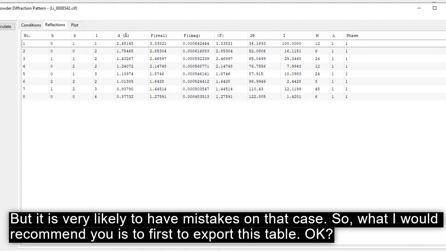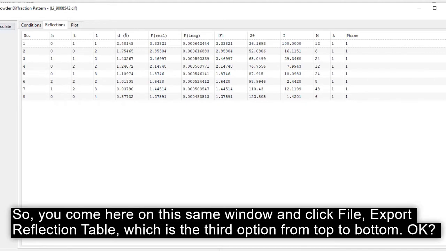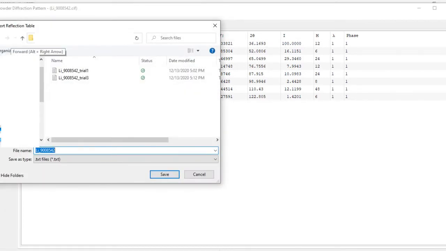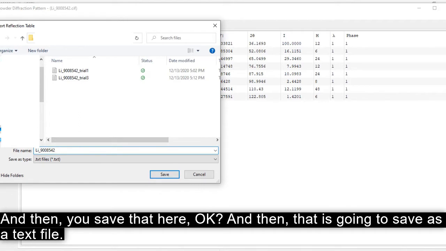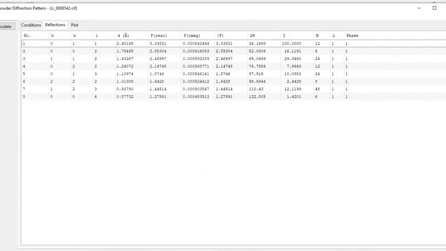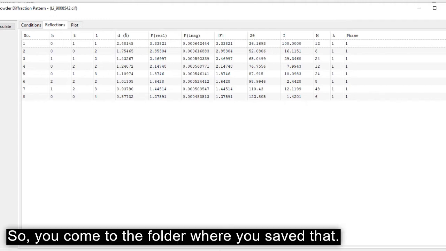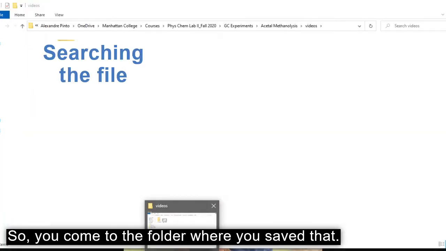So what I would recommend is to first export this table. You come here on this same window and click File, Export Reflection Table, which is the third option from top to bottom. And then you save that here, so my trial 4, and that's going to save as a text file. So you come to the folder where you saved that,